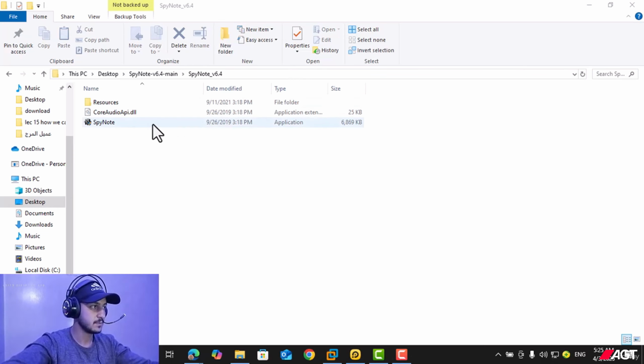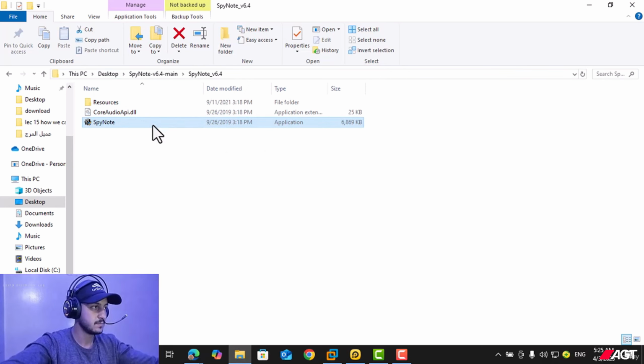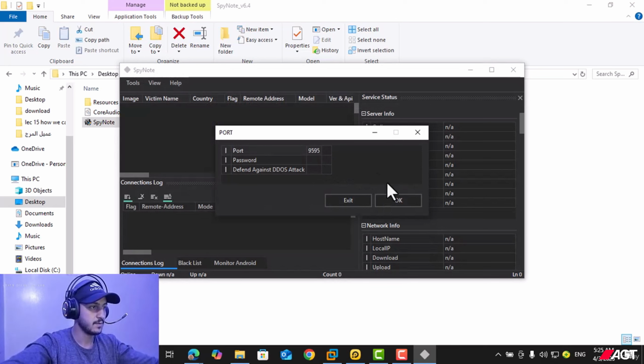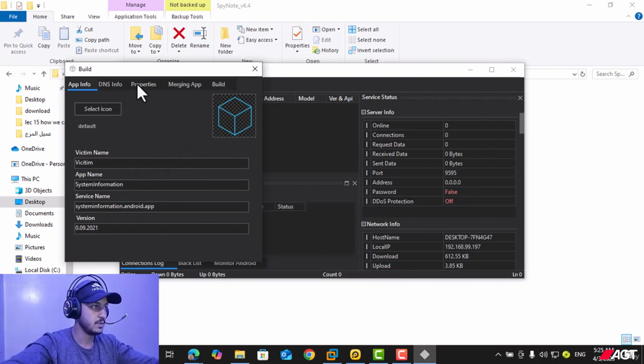Let's get started. Open SpyNote. Yes. Our port 9595, click OK, and from Tools click Payload, and from here this is the victim name and this is the app name, which, while installing our hacking application on the phone, seems like system information. So this is our hacking application name,